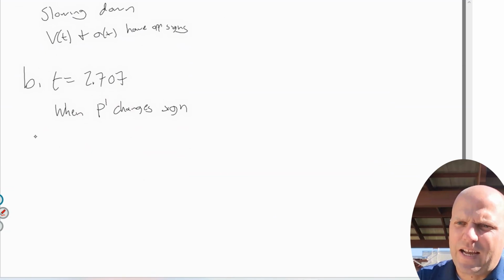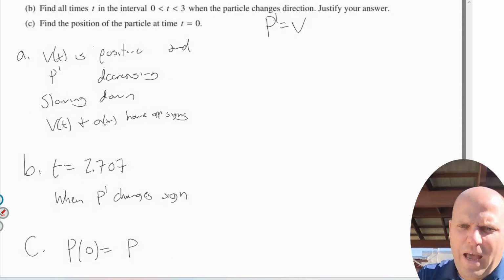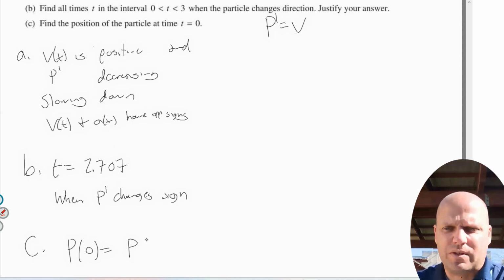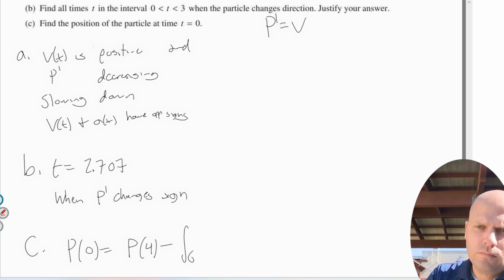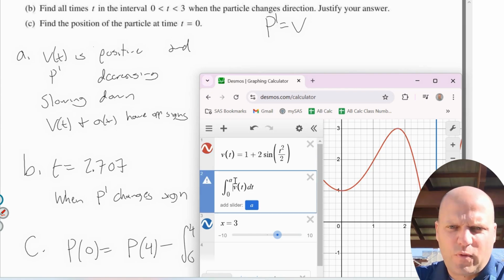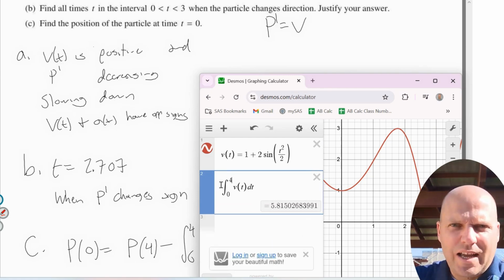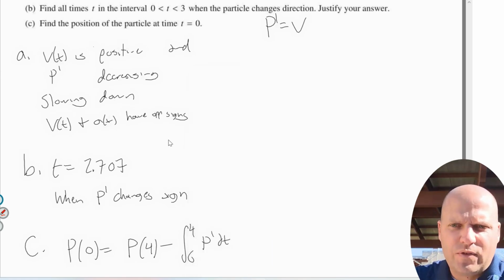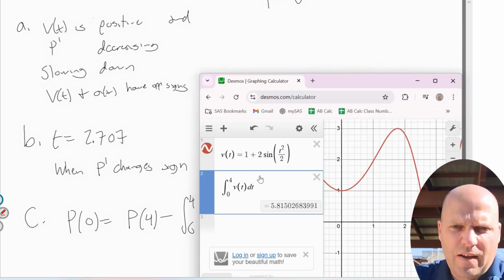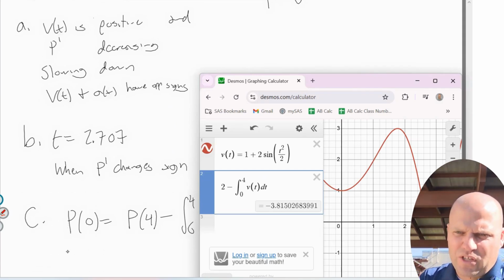What is the position of the particle at time 0? Easy. My position at 0 is equal to my known position. And since I'm going back in time, I'll have to subtract the displacement. And I'm good. Displacement from 0 to 4 is that. So that means I increase 5.815 to get to my position of 2. So I'm going to have to subtract that from 2 to know that I start at a position of negative 3.815,